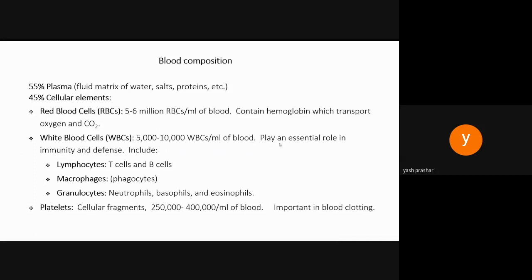Otherwise these cells are widely distributed within the plasma, and we want to bring them together. For that, we need to take the blood in a centrifugation tube. In the hematocrit, we take 100 ml of blood and mix sodium oxalate with it. This prevents the blood from coagulation, and then we centrifuge the blood.